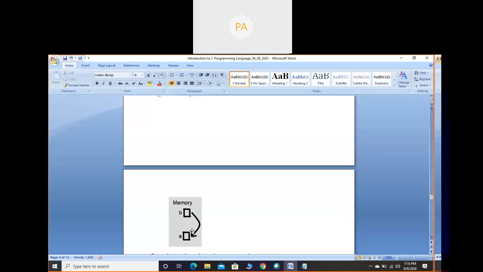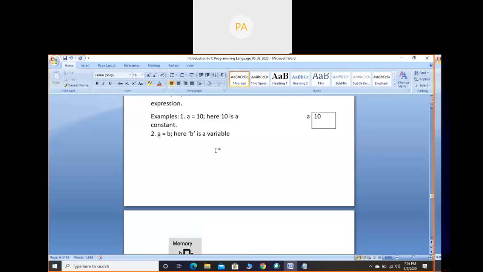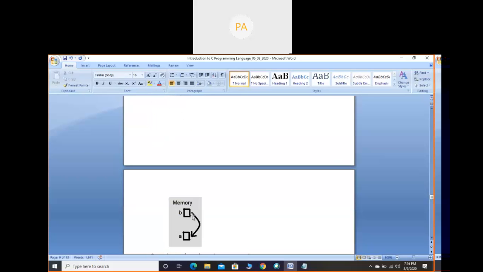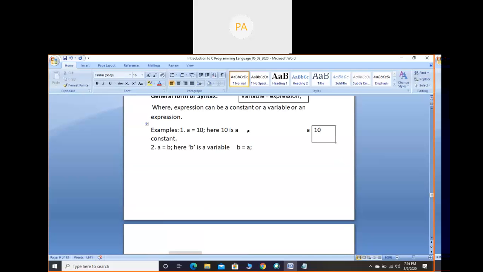That is the meaning. So again I will tell you, the variable from which you are copying, write it on the right hand side. The variable to which you are copying, write it on the left hand side. If we reverse it, the meaning will change. If I write b is equal to a, then I have to draw a different memory representation here. The arrow mark should now come from a to b, because from variable a it will be copied to b. So whenever we write an assignment statement, we should be very careful. a equal to b is not the same as b equal to a in the case of the assignment operator.